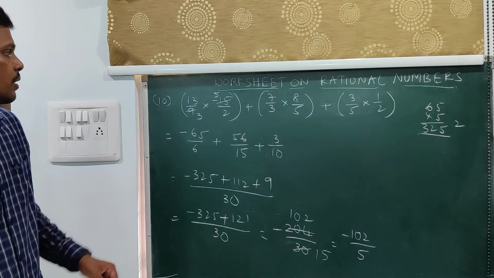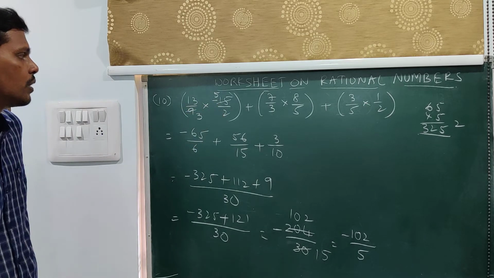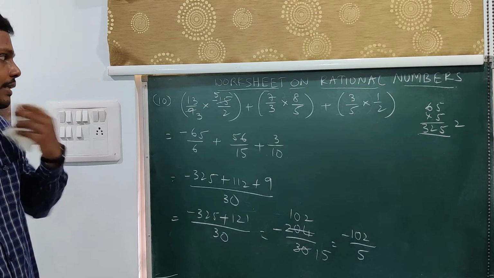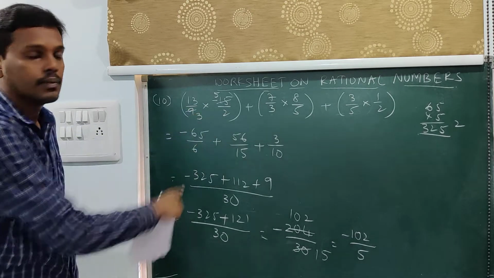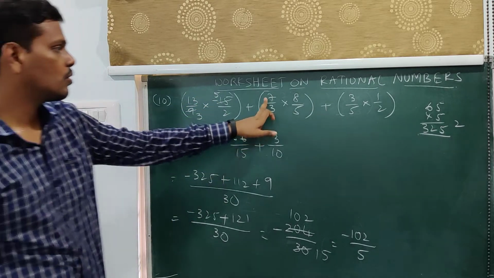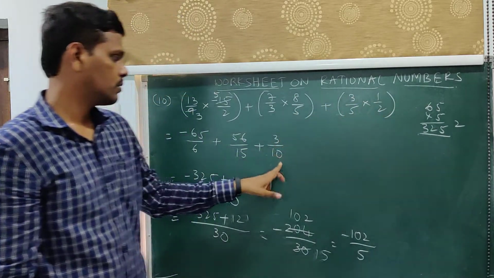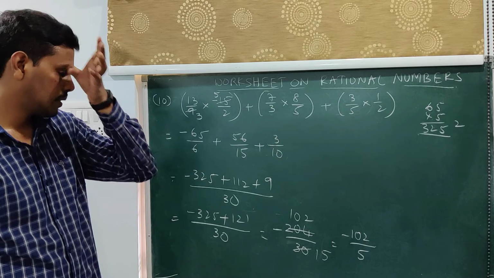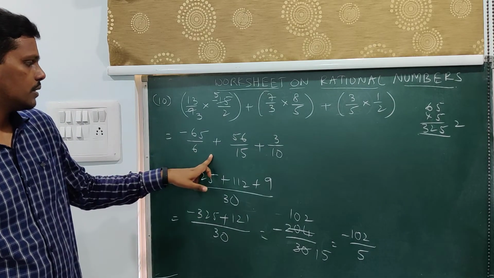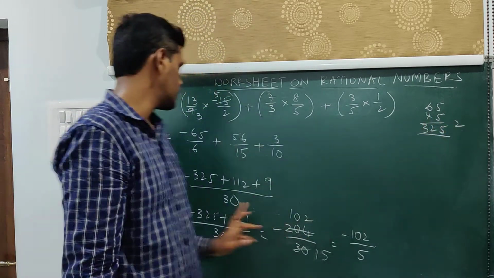So I repeat it once again. See, we have 13 by 9 into minus 15 by 2. So here cancellations are possible. 9 goes in the 3 table, so as 15. So 3 3s are 9 and 3 5s are 15. That is what I have cancelled here. And 13 5s are 65, 3 2s are 6. Now here cancellations are not possible. 7 8s are 56, 3 5s are 15. 3 1s are 3, 5 2s are 10. So that is what I have done. LCM of 6, 15 and 10 is 30. Now 6 5s are 30 and 65 5s, 5 5s are 25, 2 6s are 30, 325.